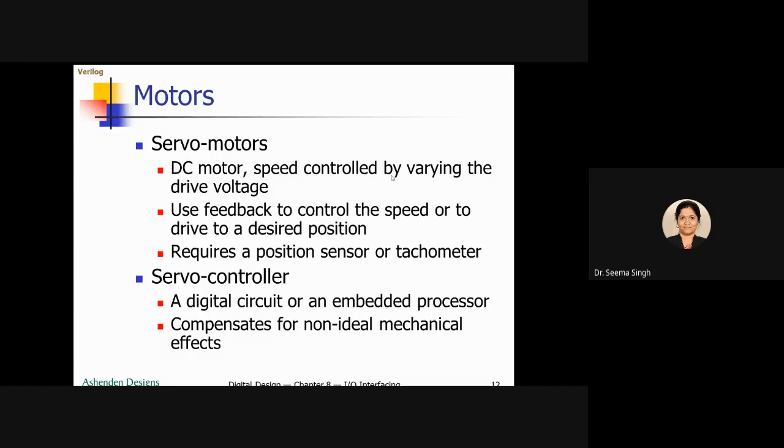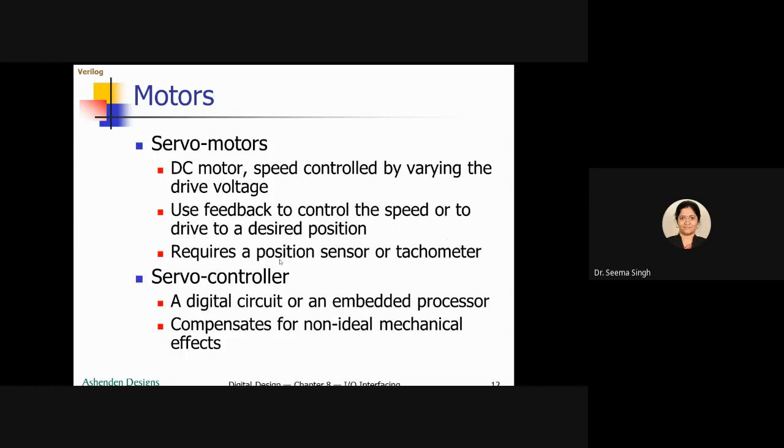So if you want to reduce the speed, again it will be controlled by an embedded processor, which will tell that okay, the speed is more. If you want to make it less, the speed is controlled by drive voltage. So this drive voltage is made lower, so that the speed becomes less, and it will keep on comparing with the tachometer reading.